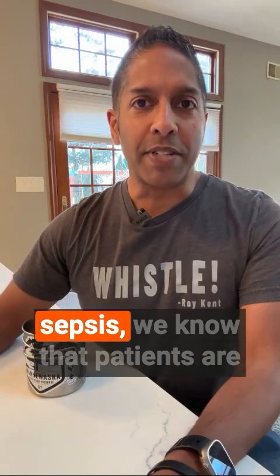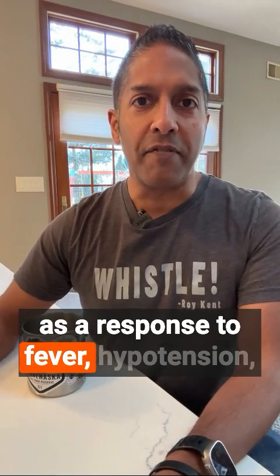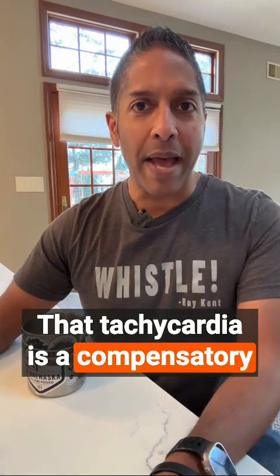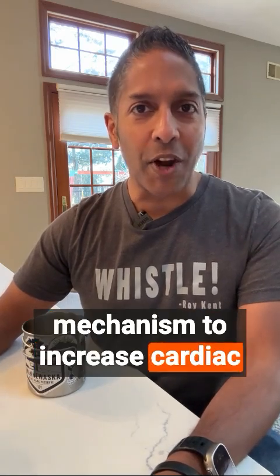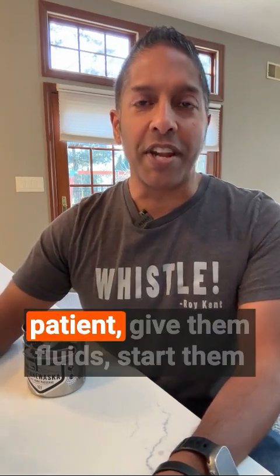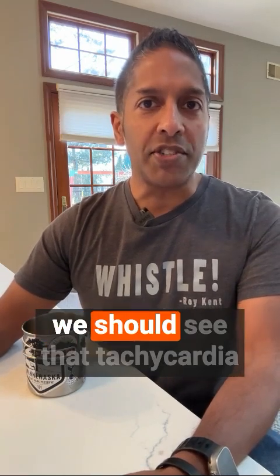Early on in the management of sepsis, we know that patients are often going to be tachycardic as a response to fever, hypotension, and vasodilation. That tachycardia is a compensatory mechanism to increase cardiac output and increase perfusion. But as we resuscitate the patient, give them fluids, start them on vasoactives, drop that fever, we should see that